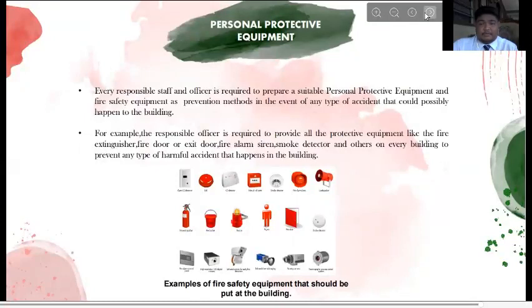So the personal protective equipment was my last slide,